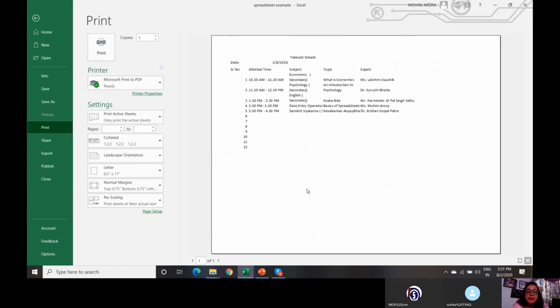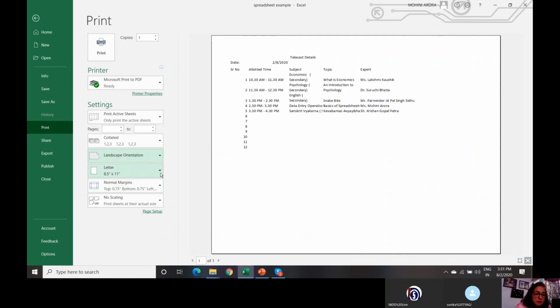Once you are satisfied that this is the right view of the worksheet that you would like to print, you select the number of copies, select the printer, and choose the number of pages if you want. Right now I have just one sheet, so I say print active sheet. Again, orientation, which we did from the Page Layout menu, you can do here also.